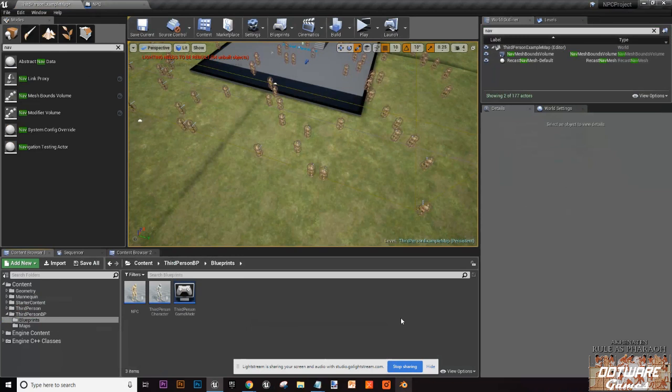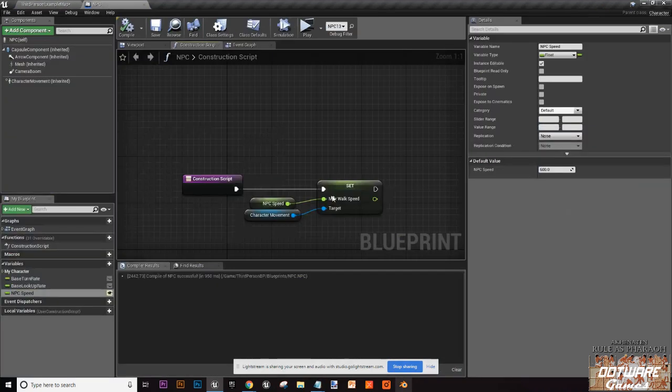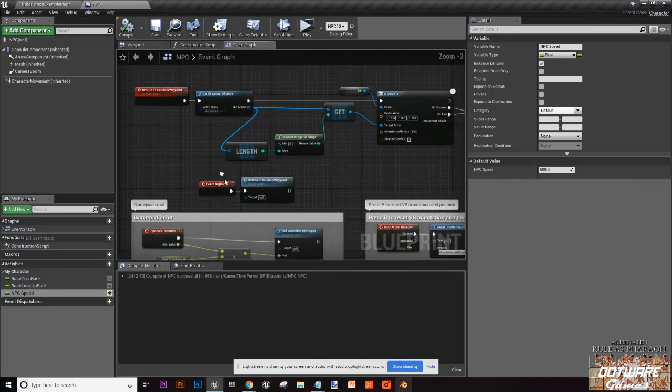Yeah, the hand over. AI that chases a player. Not hard to do. We can do that right now. What that would look like is